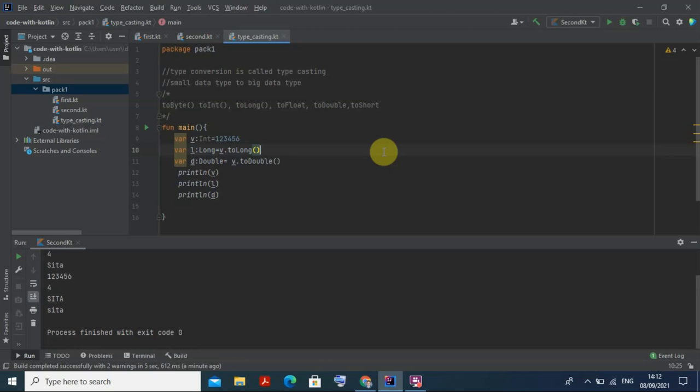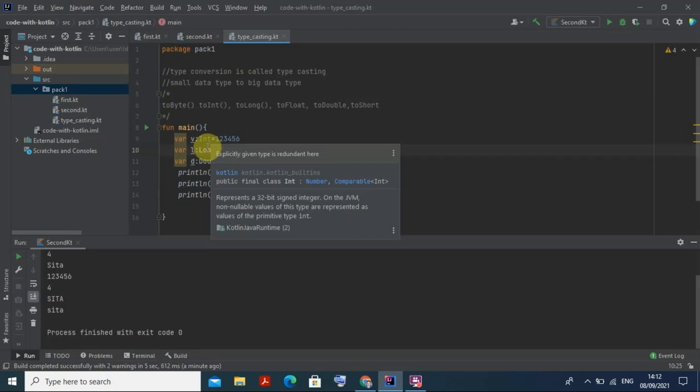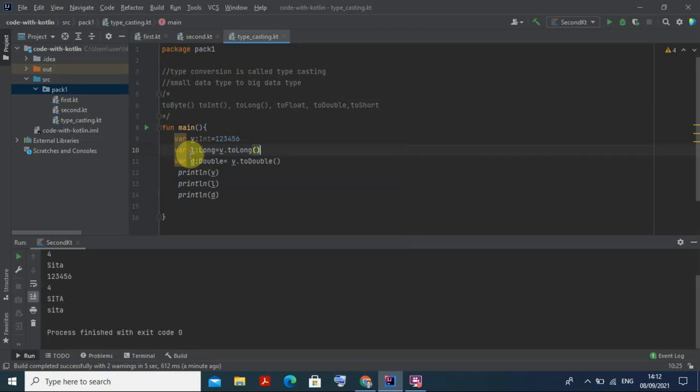So I declared this main function main. Where we have given integer as the data type, and I given 1, 2, 3, 4, 5, 6. You understand what is the data type here? Data type is integer. I want to convert this integer into long. Then what do I do? I use this command v dot toLong method, so that you assign to variable L, and the data type is long. You got it now? So L is a variable and the data type is long, and v dot toLong is converting this one.